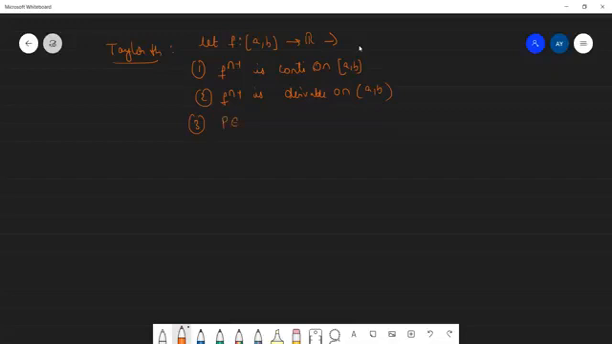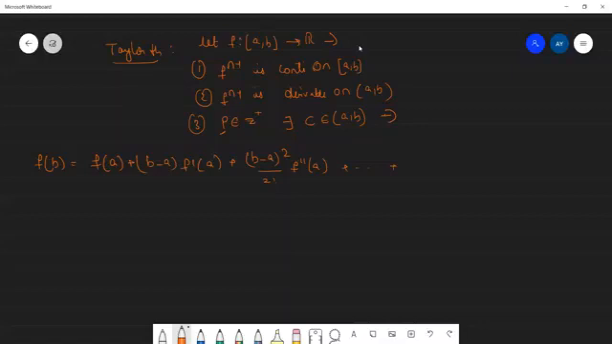p belongs to the positive integers Z plus. Then whenever p belongs to a positive integer, there exists some c belongs to (a, b) such that, this is a big formula, f of b is equal to f of a plus (b minus a) into f dash of a plus (b minus a) whole square by 2 factorial into f double dash of a, plus so on up to the last one, which will be (b minus a) whole power n minus 1 by n minus 1 factorial into f power n of a